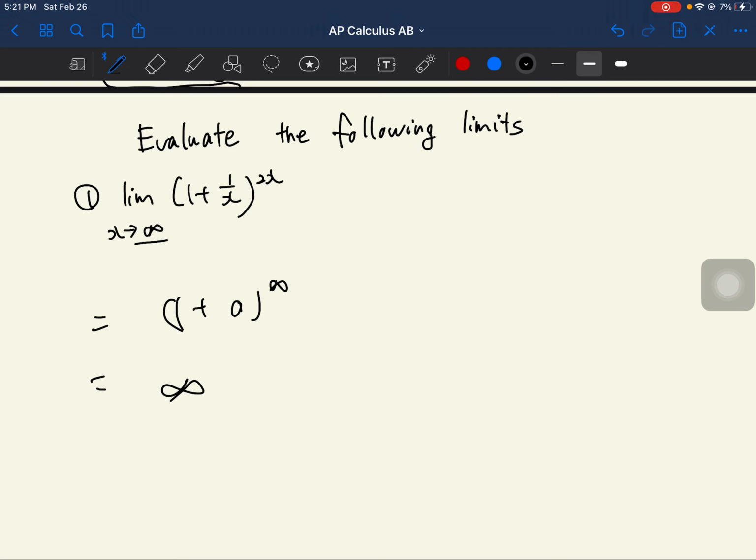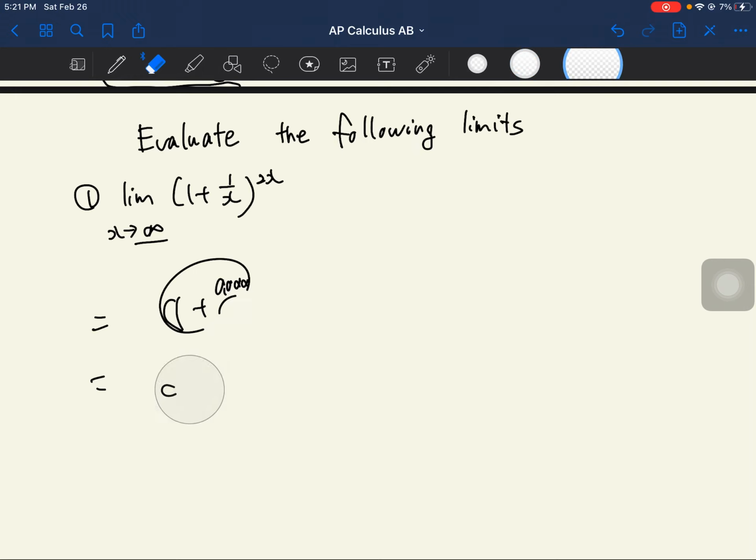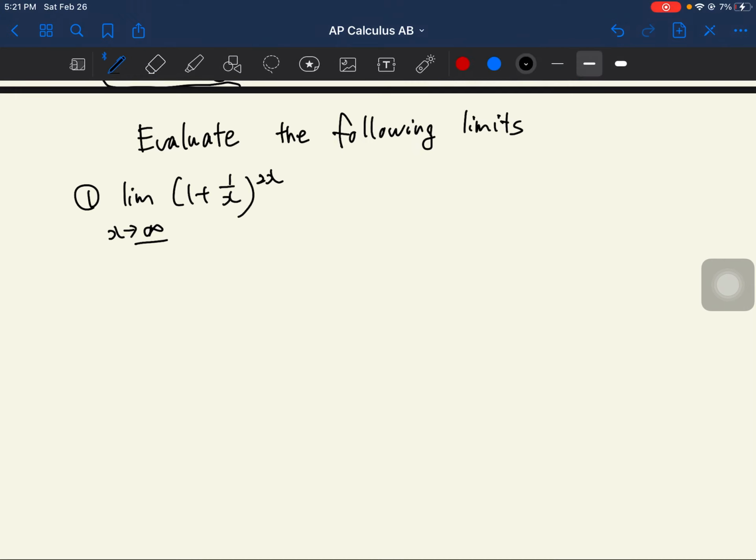Then you might want to answer infinity, but it's not correct actually, because 1 over x is not actually 0, it's 0.000 something, and this is 1 plus some 0.0000 something, which is not exactly 1, but slightly bigger than 1, so you cannot answer like this. So what you have to do,